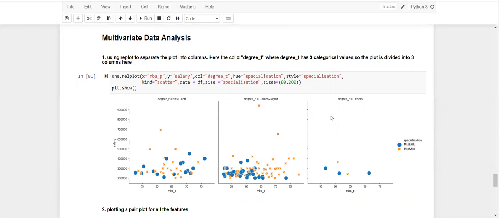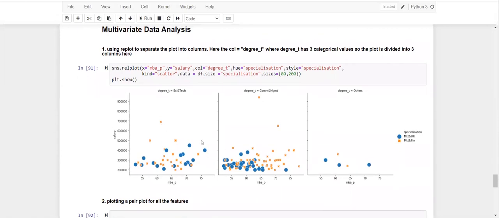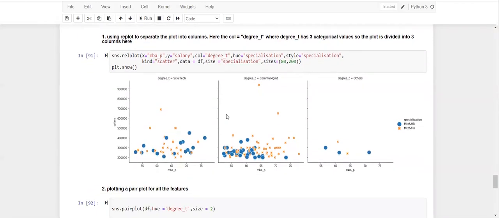So there are three different categorical values for this attribute. Then we plotted with the x-axis being the MBA percentage and the y-axis being the salary, and we are grouping it using marketing and finance, and marketing and HR. So we are basically trying to uncover some kind of patterns that might be there by splitting it out into different graphs. So this is one example of multivariate data analysis.